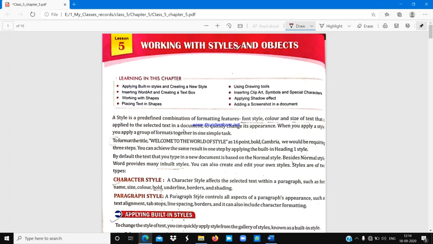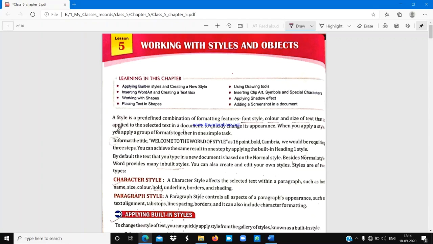This chapter is also related to chapter number 4, Features in Microsoft Word 2010. We are applying different types of styles and working with styles and objects inside the Word document. Understood everyone? Okay, so let's start.